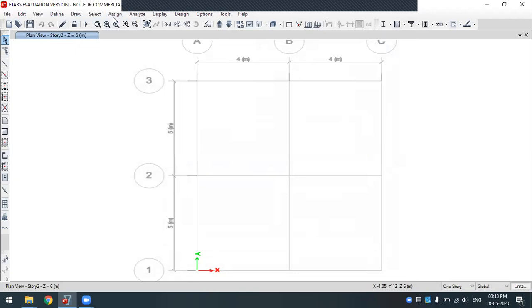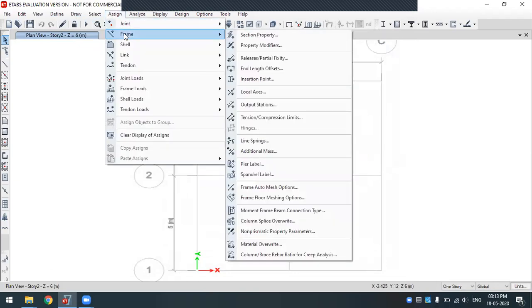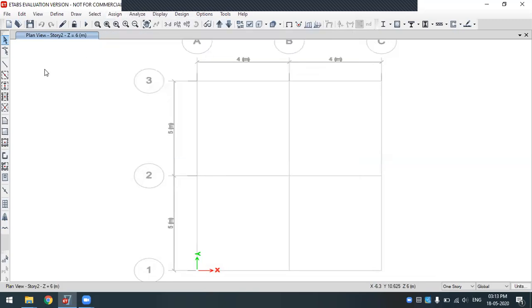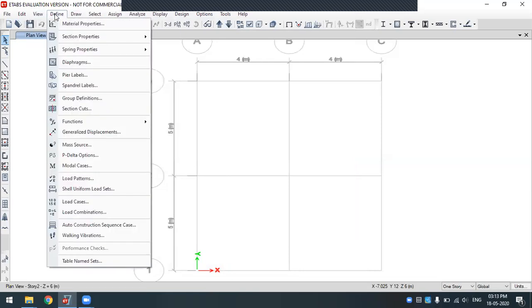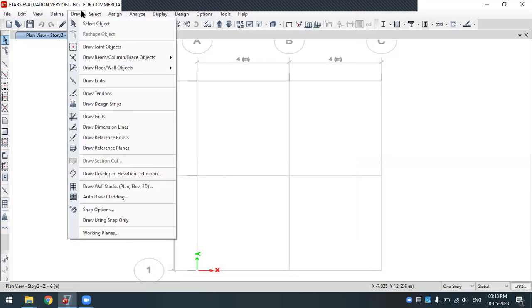Before assigning the value, I'll just use this draw option here. So you see this, it is short form given here. So you have to go to draw option. Once define is done, move on to draw. So under draw,